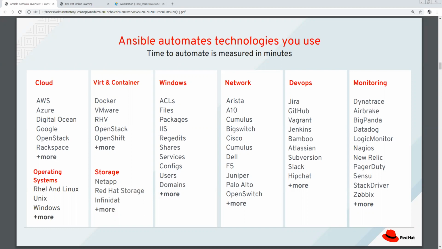And then take a look, as far as virtualization and containers, so many people are moving from their workloads being in virtual machines towards containers, things like OpenShift or other container platforms. Managing storage and Windows and obviously the network side, which I've talked about a lot. And then take a look at the DevOps and monitoring options as well. So many of the tools that you are likely already using, you have the ability to integrate into Ansible